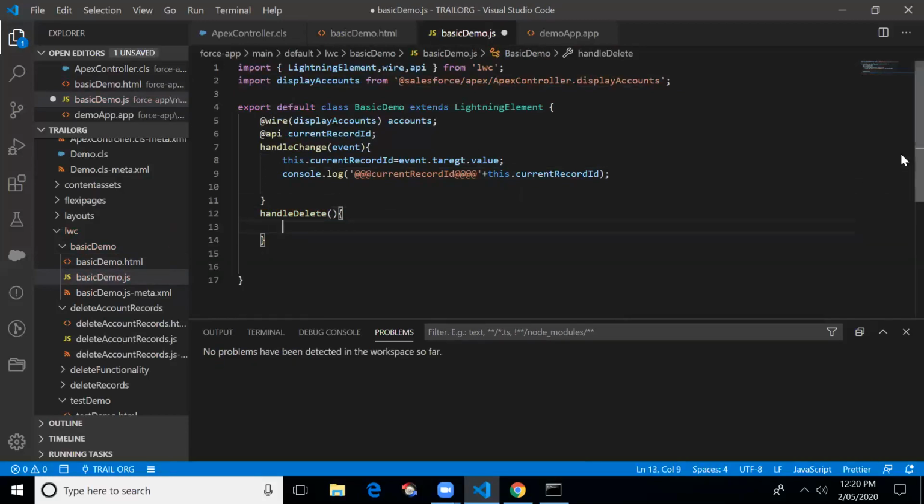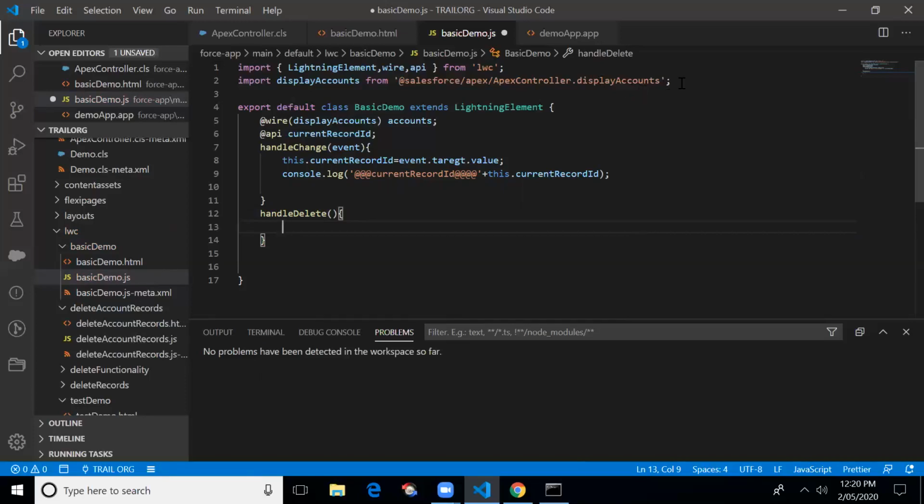We'll have some standard methods here, so we have to import two methods. One is for deleting a record, and the other is for refreshing the data whenever we delete a record, which is refreshApex.